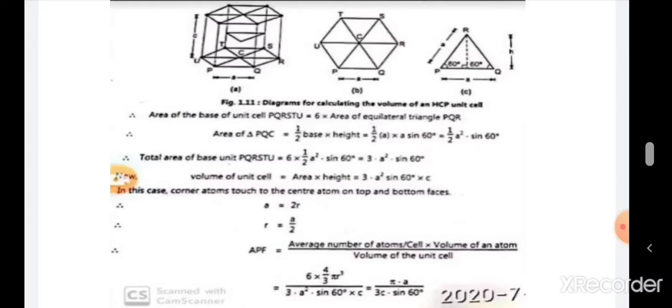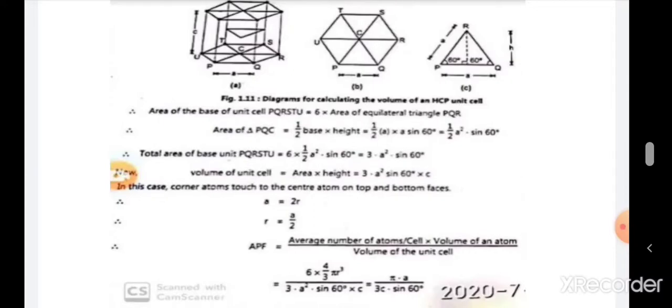So if I want to find out the area of that complete hexagon, I have to find out the area of one of the triangles, and I can multiply it by 6. When I multiply it by 6, I'll get the area of the hexagon. Now I'm going to consider one of the triangles, that is PCQ. The area of PCQ is half into base into height. As you see in the diagram,